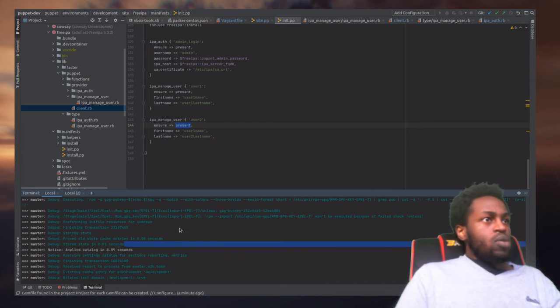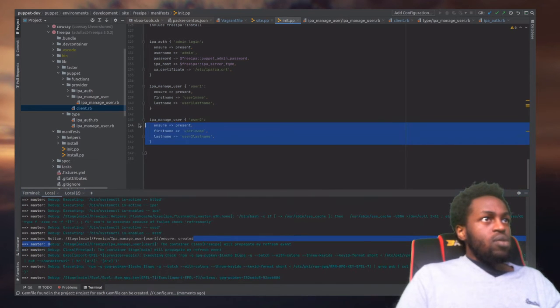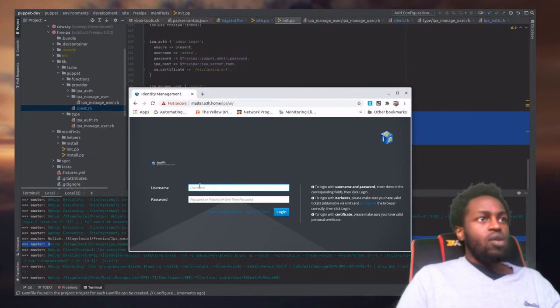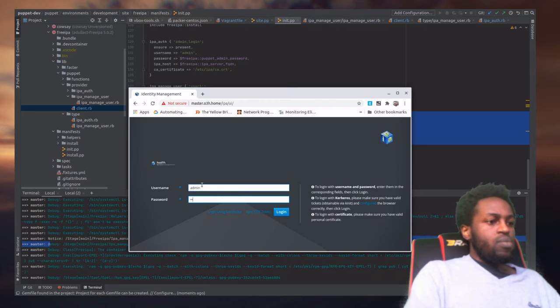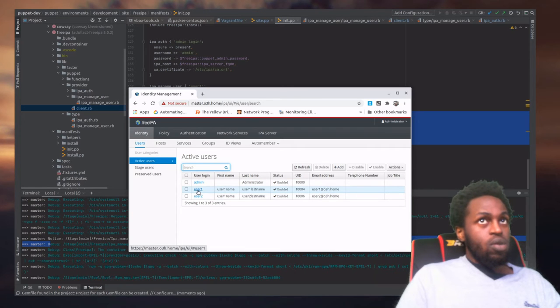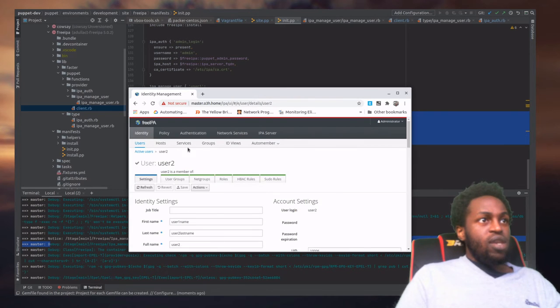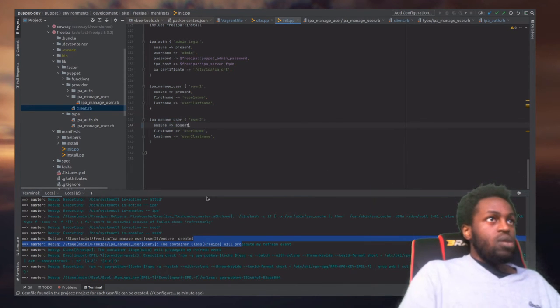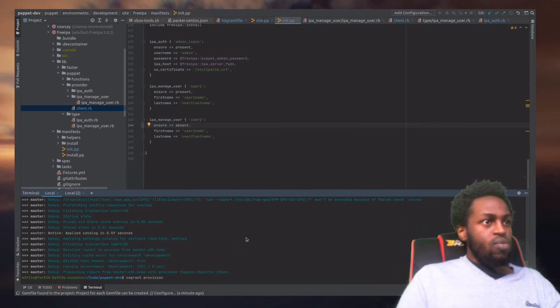So as you can see here, user created, user 2, and if we just log into the IPA UI here, cool, and then here we have user 1, user 2, and what we're going to do now is edit user 2 here. So we're just going to set this to absent, and then we're going to rerun provision,